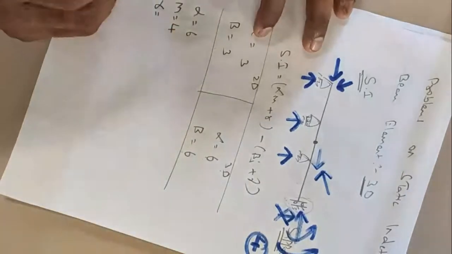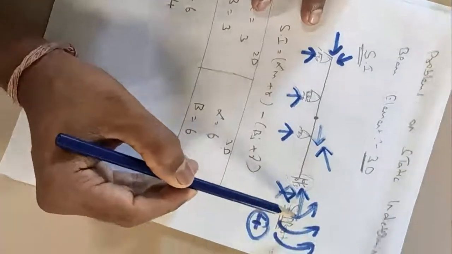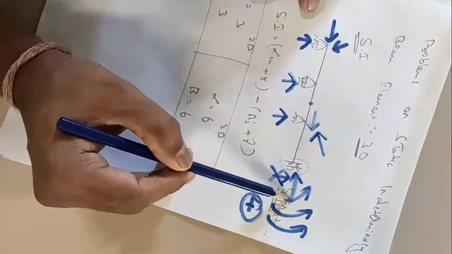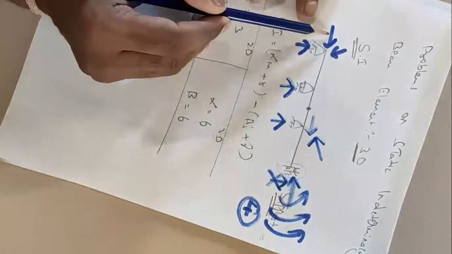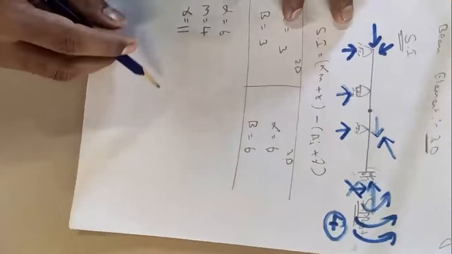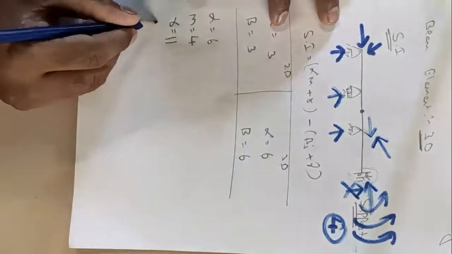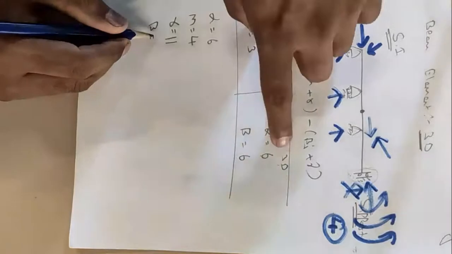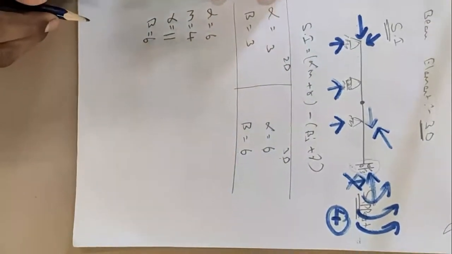So the total number of reactions, if you calculate here, how many do we have? 1, 2, 3, sorry, 1, 2, 3, 4, 5, 6, 7, 8, 9, 10 and 11. So now the total number of reactions we will be having here is 11. Now what is the next one we have? We have beta. So beta, how can I write? As I have said, for 3D, beta value will be equal to 6.